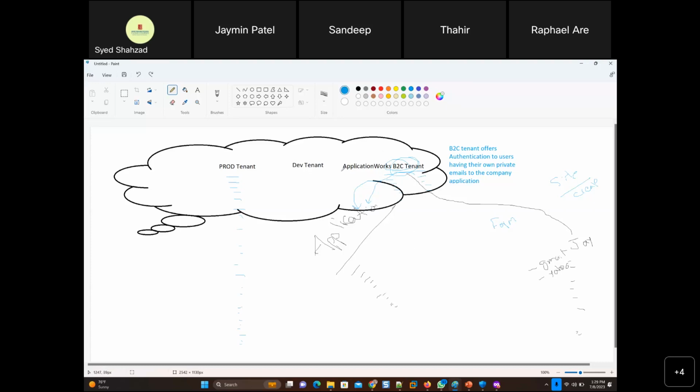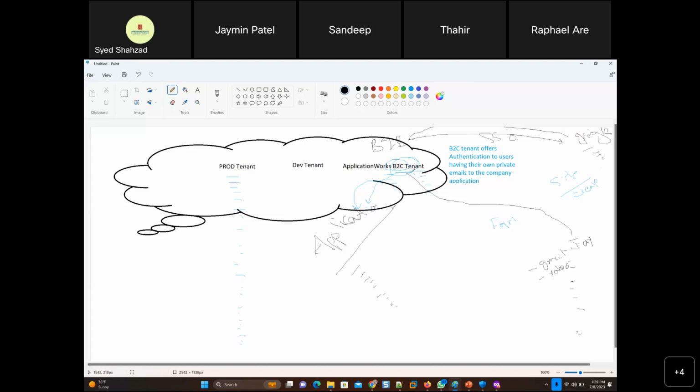So if it is B2C, what about B2B? B2B is business to business. Suppose some company has opened Google, which we just talked about, and they have thousands of users there who want to connect to your account. So you create another tenant, and then you purchase premium services of Active Directory if you want, and then you can go for SSO connecting to that.